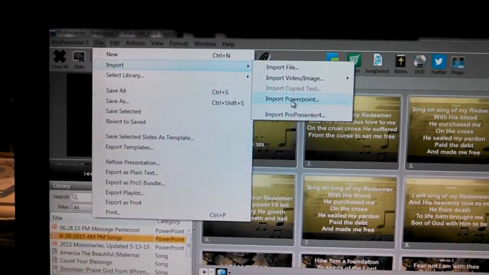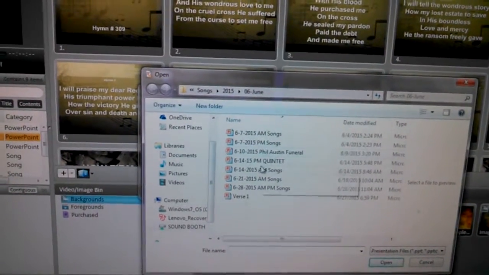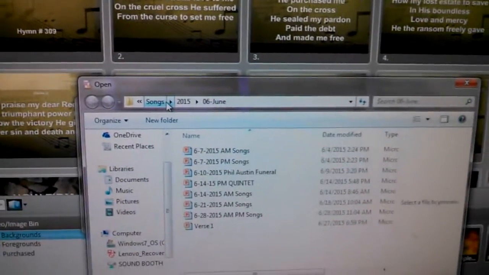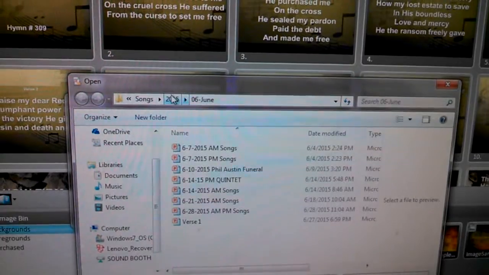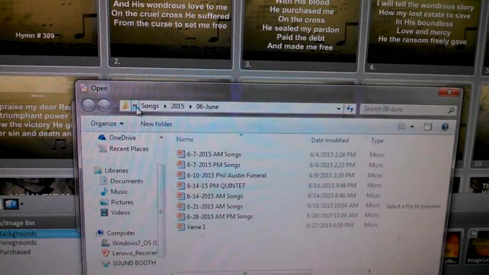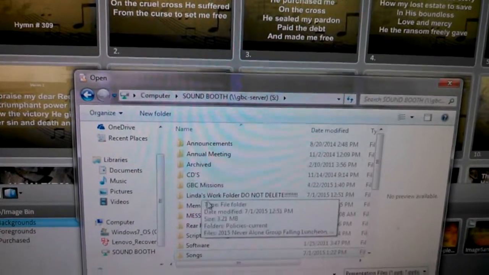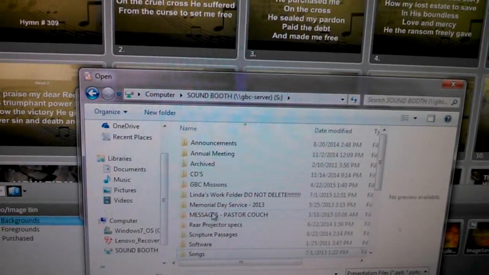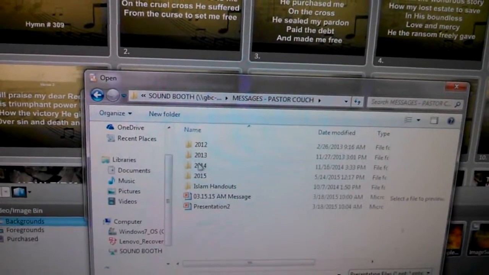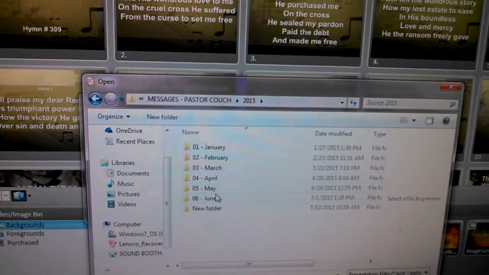Something else I need to tell you guys about, just as a reminder: when you go in, the three little dots, okay, you're in the songs, but now you need to get to Pastor's Messages. I'm going to show you a real simple way to do that. Up here in this bar, you've got these different folders, is what they're called. June 2015 songs. You can click this little arrow right here and go to Sound Booth, and then just scroll down to Pastor's Messages, Pastor Couch. All the sermons will basically be in here. I believe everybody's sermon is in here, guest speakers and Pastor Tom,